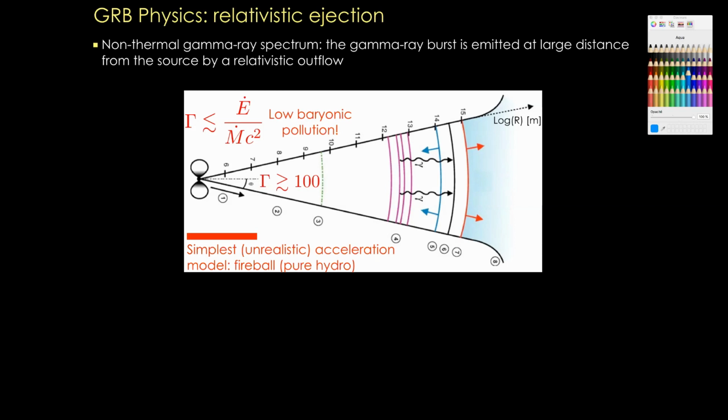So the equations of the fireball are quite simple, and we can derive them together, and we will get a first characteristic radius, which is important for gamma ray burst physics, which is the acceleration radius. At which radius do we reach the final Lorentz factor, which is above 100? So to do that,